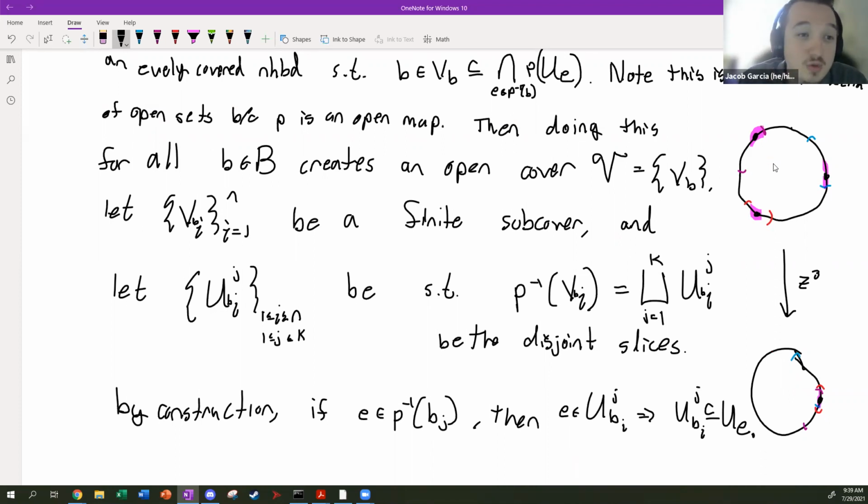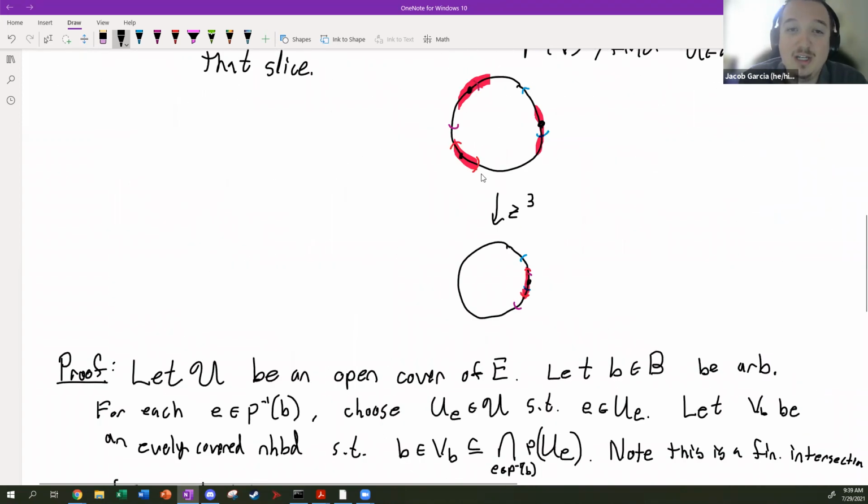And at some point you do need to take an intersection across the available candidates, right? Otherwise you run into the problem, like I said up here, where you can't choose a right open set, right? You know that there's a cover for all of these points in this open set, but you don't know how many you need for this particular open set, right? Because the open set's not compact. So that's